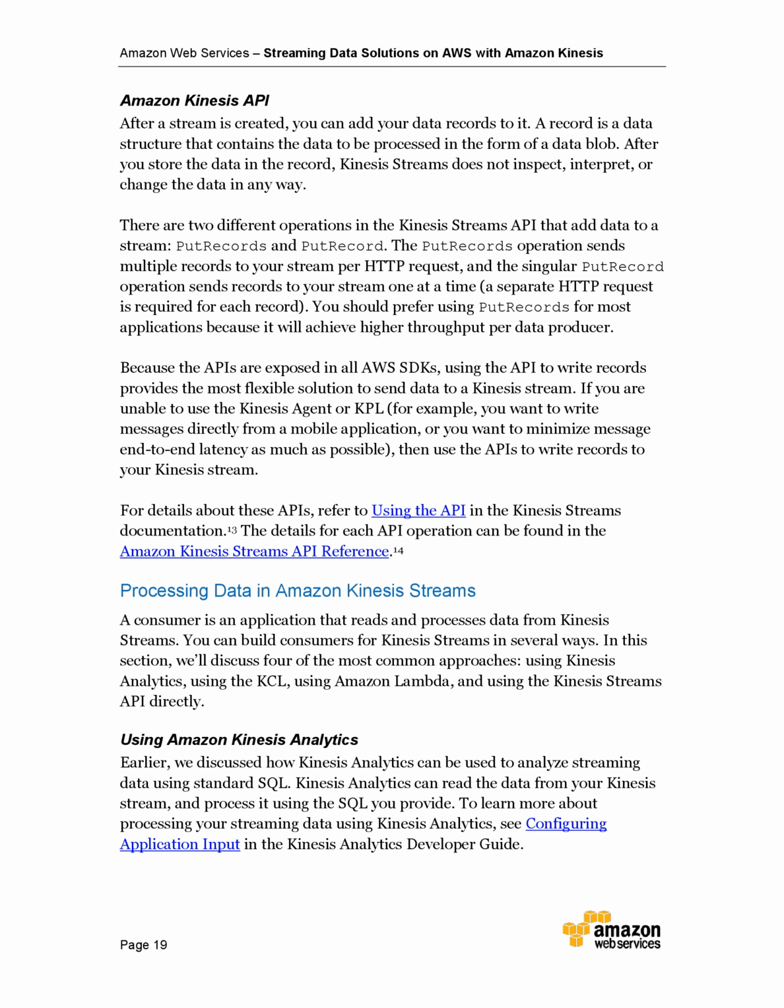Using Amazon Kinesis Analytics. Earlier, we discussed how Kinesis Analytics can be used to analyze streaming data using standard SQL. Kinesis Analytics can read the data from your Kinesis stream, and process it using the SQL you provide. To learn more about processing your streaming data using Kinesis Analytics, see Configuring Application Input in the Kinesis Analytics Developer Guide.